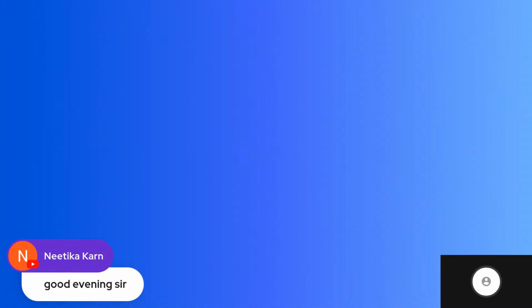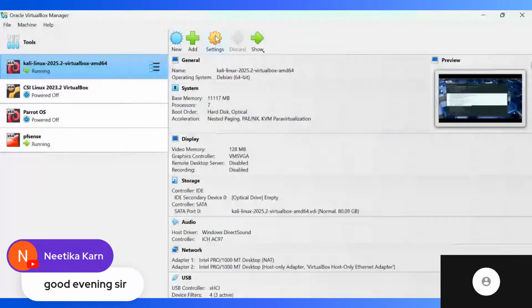I'm gonna stop sharing. I'm gonna share screen and I'm gonna go to VirtualBox. Okay, let's look at these. Okay, the settings screen is not shared.